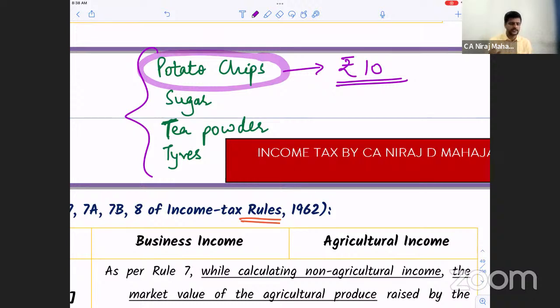When I, bacho, harvest, that is, take out the agricultural produce, it has some market value or no? Let us say I'm obviously selling potato chips. Correct, everybody? Even McDonald's, you might have heard. Obviously, McDonald's fries, those French fries, not chips, sorry, fries, are famous. McDonald's, bacho, has contracts with lots of farmers, okay? Because obviously they're selling in India, so they're not going to import potatoes, right, everybody? So they have lots of contracts with lots of farmers for a particular quality of potato to be grown, okay?